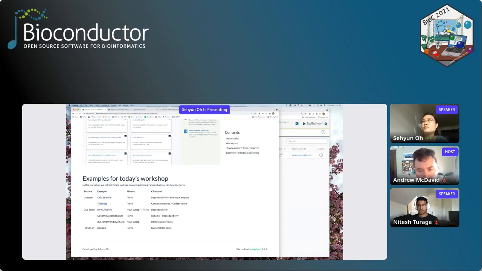And then AnVIL publish to make your package vignette in a Jupyter notebook format, so you can do analysis. And then genomic super signature analysis set up in RStudio. So using RStudio and Terra, and then RunTerraWorkflow, so you can use Terra remotely from your own laptop without going back and forth to the UI. And the last one is the DSIC 2, that actually uses Terra's UI for bioinformatics